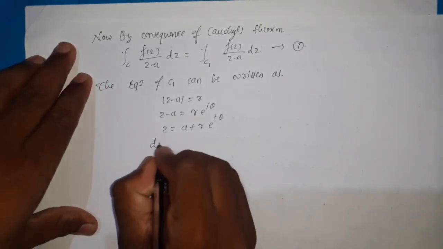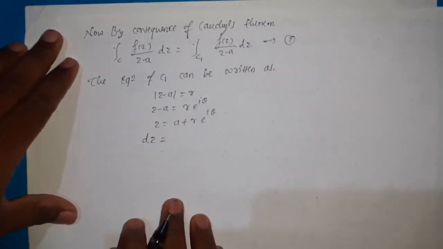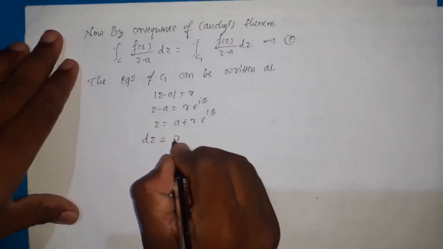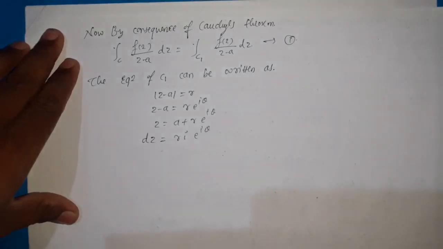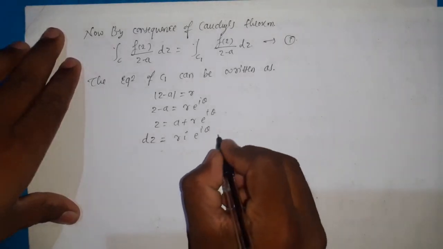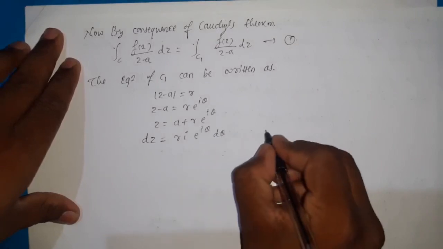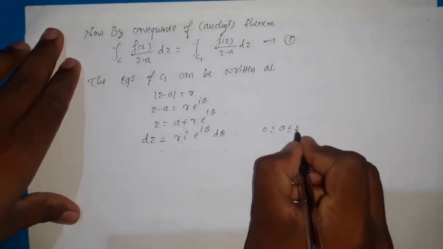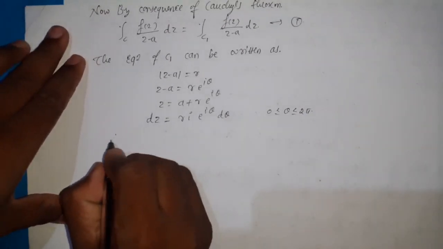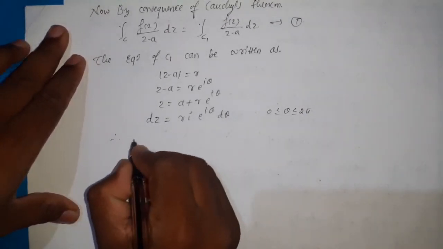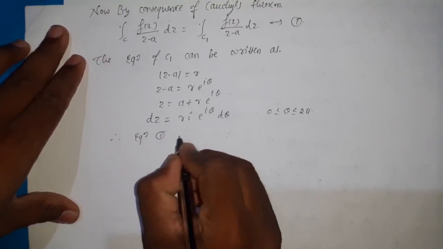Then dz is equal to r into i into e power i theta, since a is constant, so its derivative becomes 0, into d theta, where theta lies between 0 and 2 pi. So therefore equation 1 becomes,